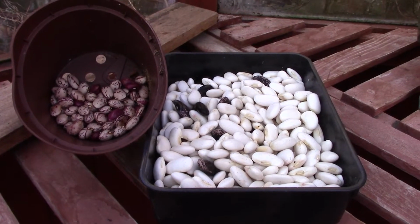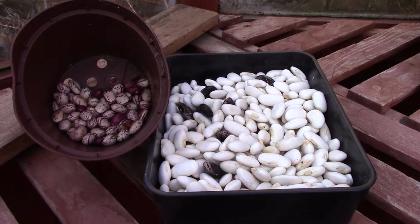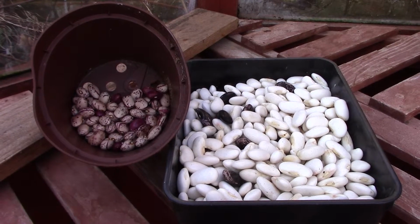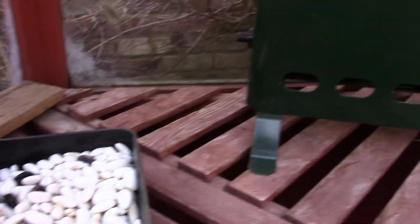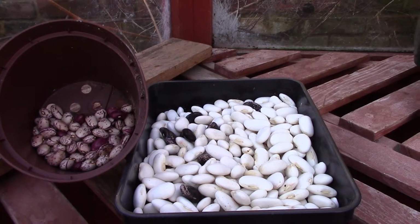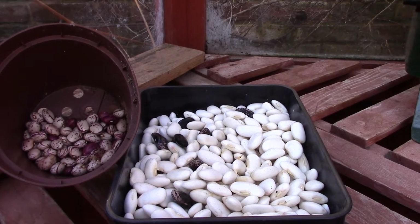One of the first jobs I like to do, first thing in the year, is to get my greenhouse ready. And that includes shelling out my runner bean seeds that I gathered during the autumn time. I'll make sure that my greenhouse heater is working. I shall put the beans in the kitchen just overnight because what I'm going to do next is wash all